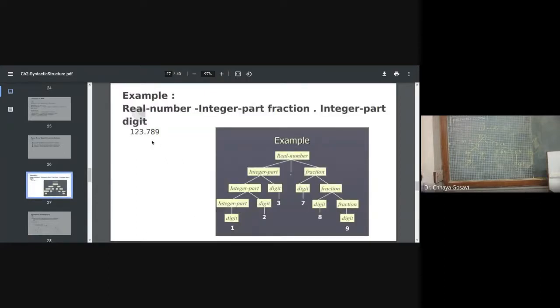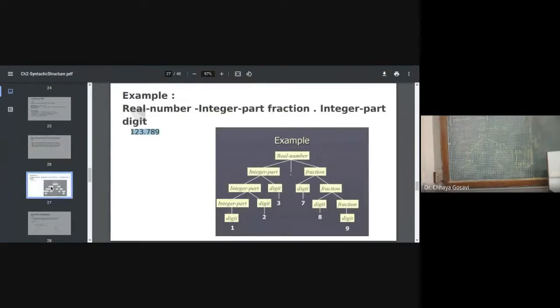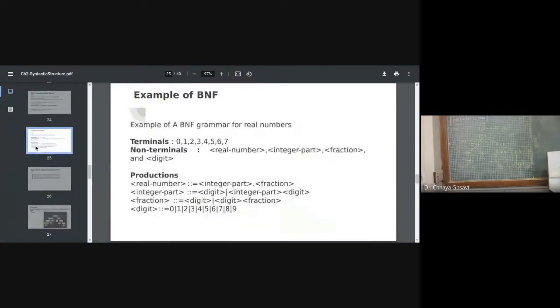Try to get different parse trees for the same string. Try different numbers. You have a grammar with you. I'll make the slides visible. So what you can do is take any floating point number and try to draw a parse tree for that number using this grammar. Okay? In the next lecture, we'll talk about what ambiguity is and how to come up with a solution to eliminate ambiguity from a grammar. Grammar should not be ambiguous.